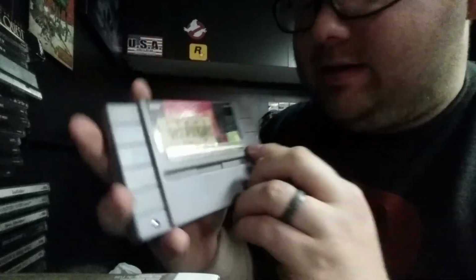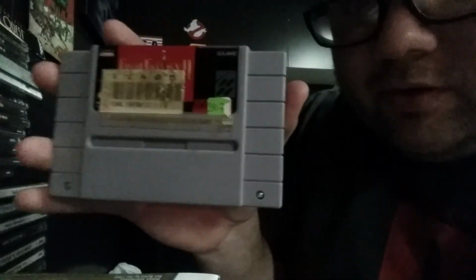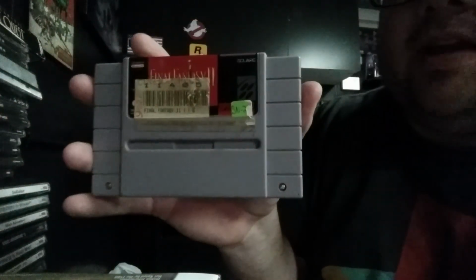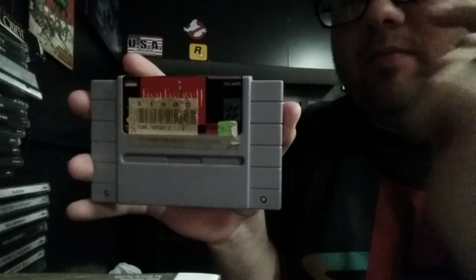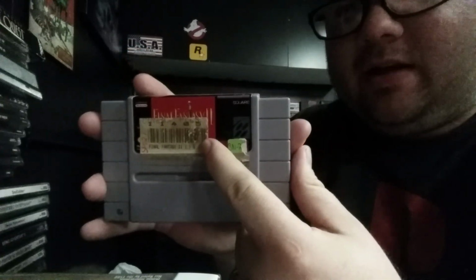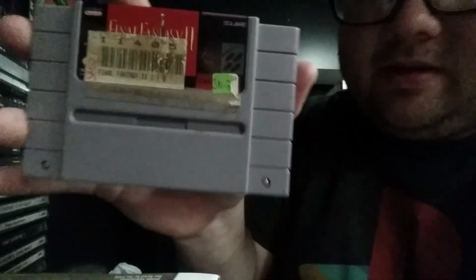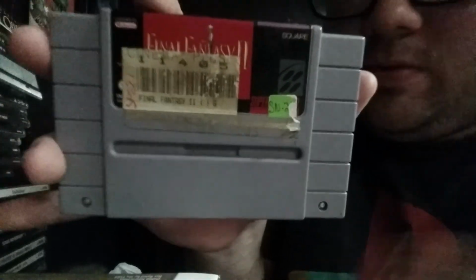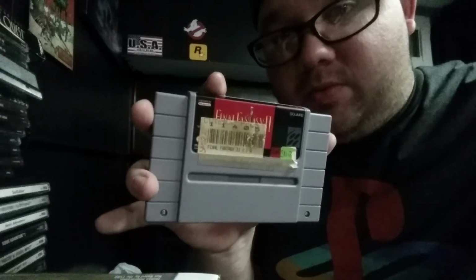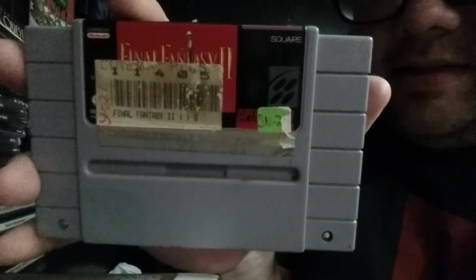But I am not going to take these stickers off. I actually have Final, and I know I'm like really, really close to the camera, but I have this, and I have my copy. I have an extra copy of Final Fantasy 3 that also came from this exact same rental store, Cinema Plus. And that's where I also got my Super Nintendo sign and my Nintendo sign too. So these games are